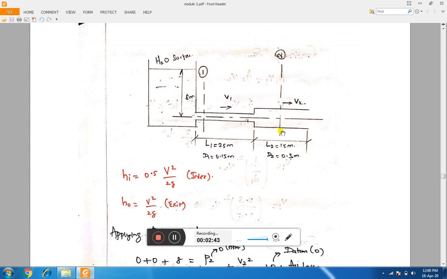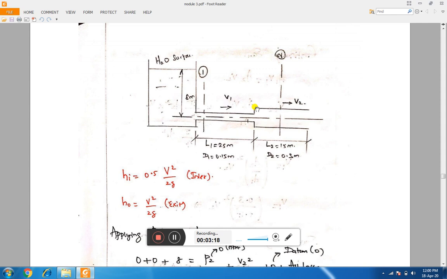So we have to include all the losses. So what are the losses we have? We have both major loss and minor losses. So in pipe 1, for the length of 25-meter, we will be having loss of head due to friction, and for this length of the pipe also we will be having loss of head due to friction, which are major losses. So what will be the minor losses? One is prominently visible here. It is due to sudden enlargement from 150 mm diameter to 300 mm diameter. So that is sudden enlargement.